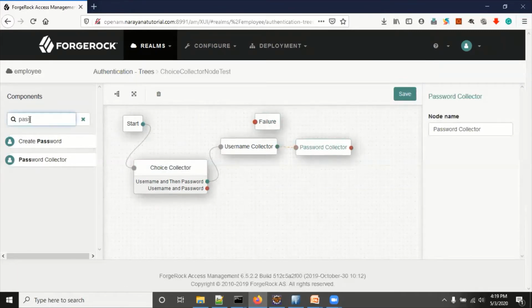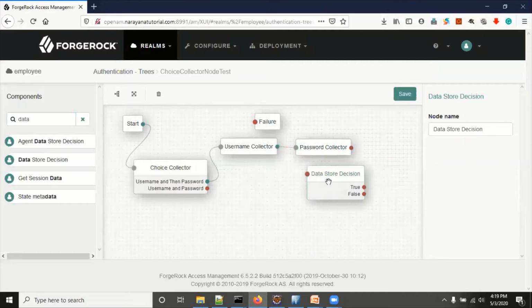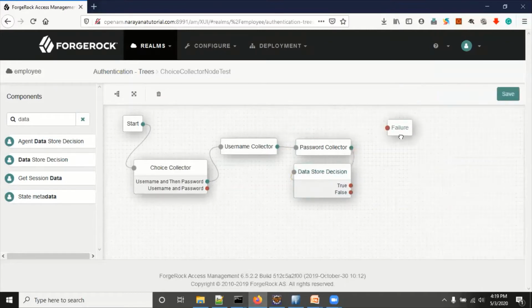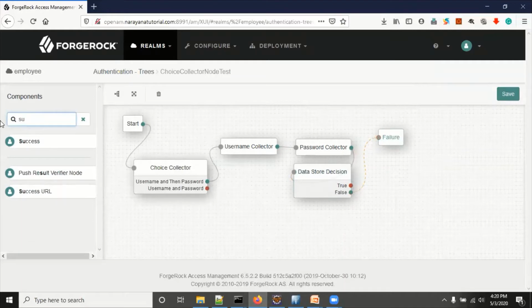Then, to do authentication, we use the data store decision node. Drag from the password collector to the data store decision. The data store decision has two outcomes, true and false. The failure node is already there, so we can drag false to failure, and we need a success node.